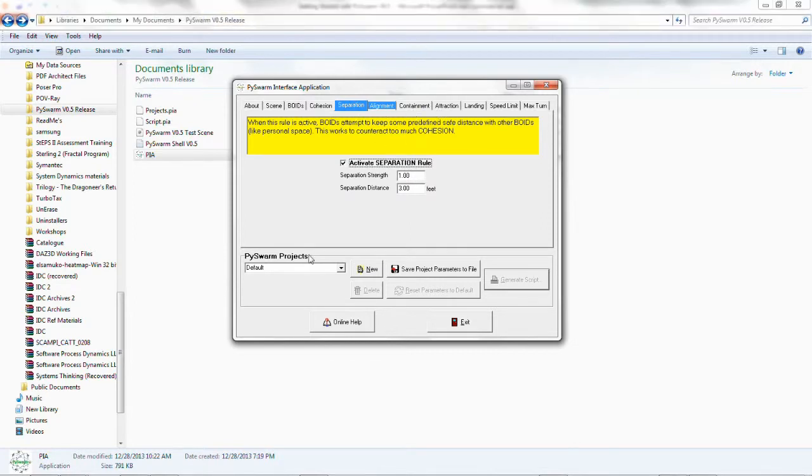Now below the section for the tabs, you'll notice there's a section called PySwarm Projects. Basically, I for one don't like to work on one project at a time. Often I'll have 4 or 5 projects that I'm currently working on related to PySwarm. I wanted to be able to set it up so that I could have access to whatever the current set of parameters is that I have set for each of the projects. So I created a section that allows you to create up to 9 projects that you can be working on at a time, and I'll go into a little more detail about how to